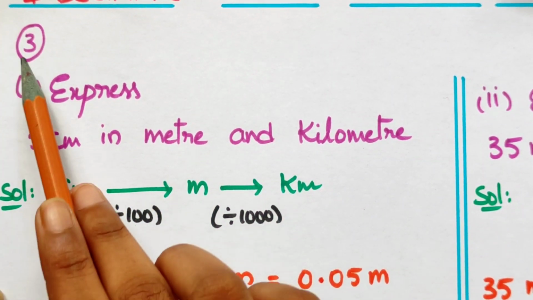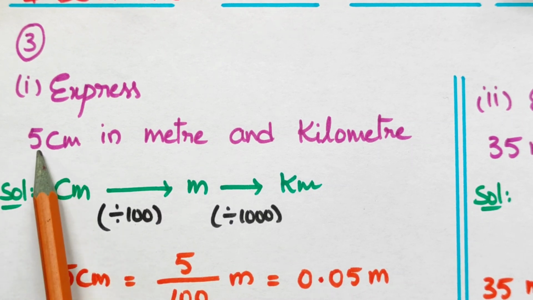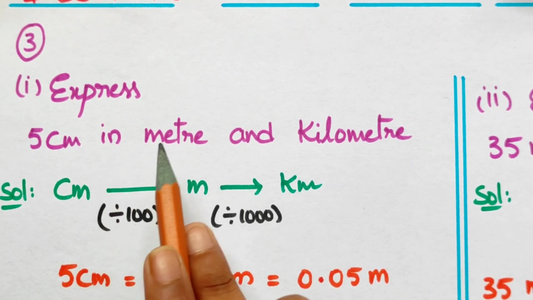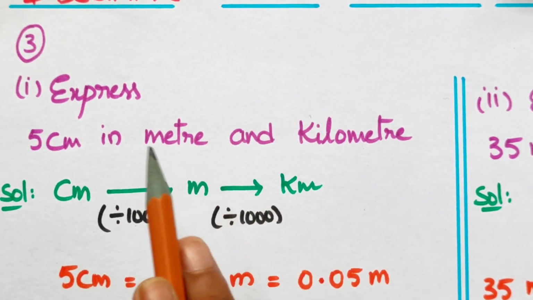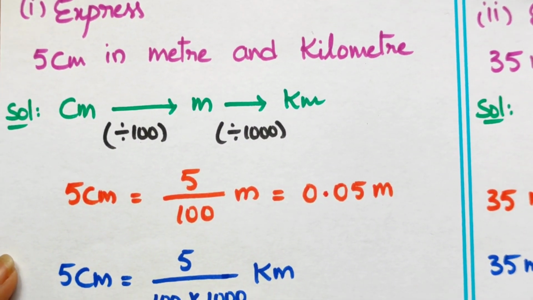Okay friends, now let us see third question. In this question there are two bits. Let us see the first bit. Express 5 centimeter in meter and kilometer, both meter and kilometer. Here this 5 centimeter